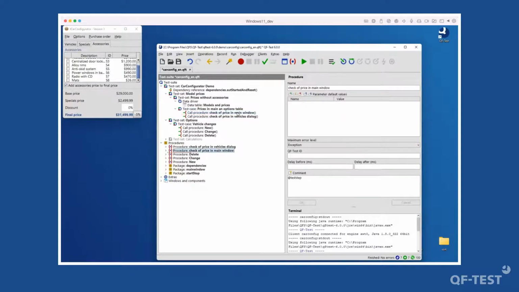This is the procedure that was created. Down here in the comment, a doc tag @teststep is automatically added, which tells QF-Test that if this one is executed, it is interpreted as a test step, so also printed in the HTML report, which helps me with this. I can even control if I want to have a procedure appearing in the HTML report or not. I can even customize this a bit more. But beforehand,